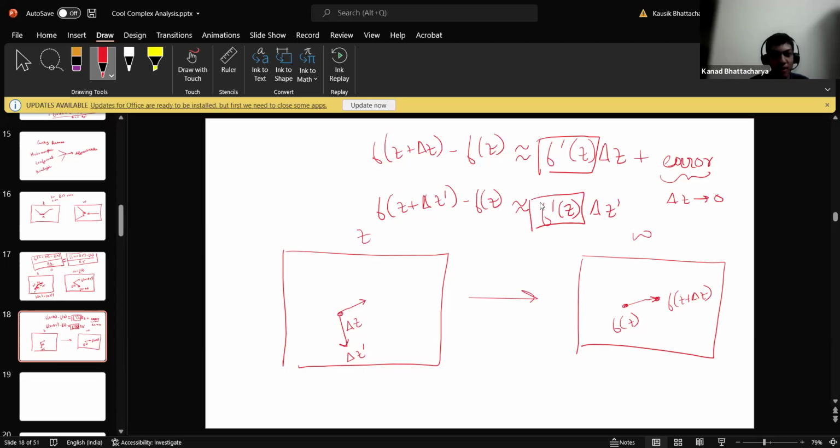That's what I'm trying to say. In order for d by dz to make sense, or the derivative or the limit to exist, this ratio should be the same. Does that make sense? So irrespective of how we look at the displacements from z, the ratio or the scaling factor